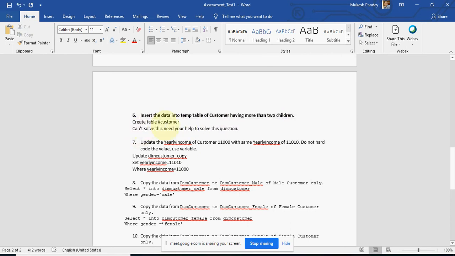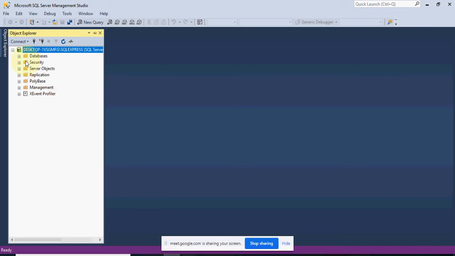So the question is: insert the data into a temp table of customers having more than two children. So first we can open the database.